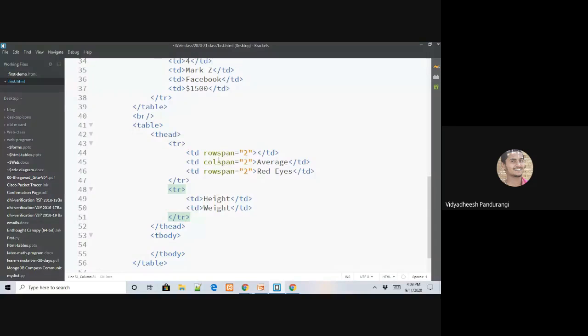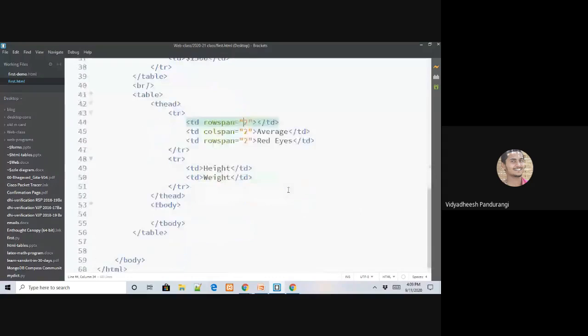For that reason only we have added a row span here, right? Which will cover the first cell of the second row. I hope you got my point. Let's run this and see what this will give us.